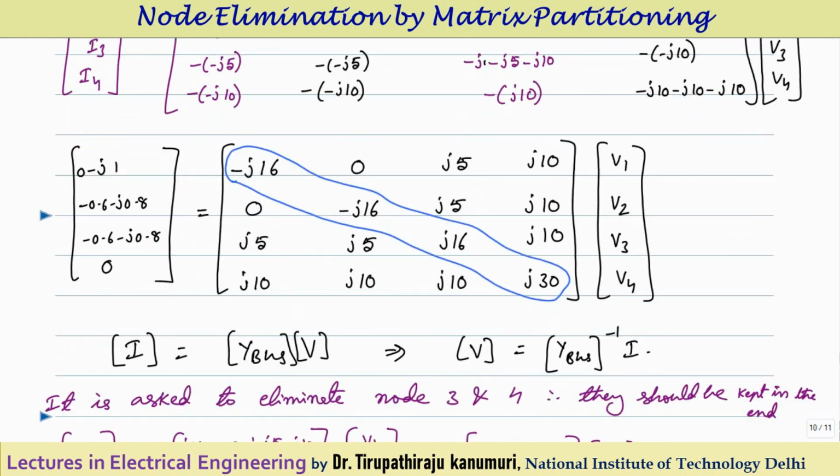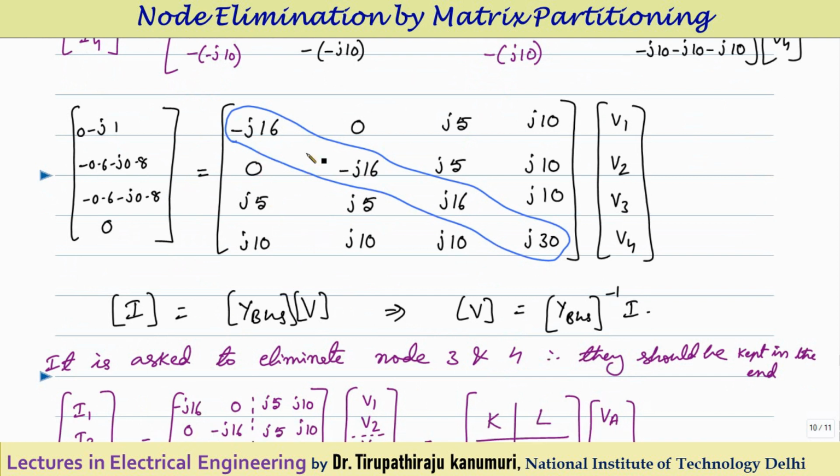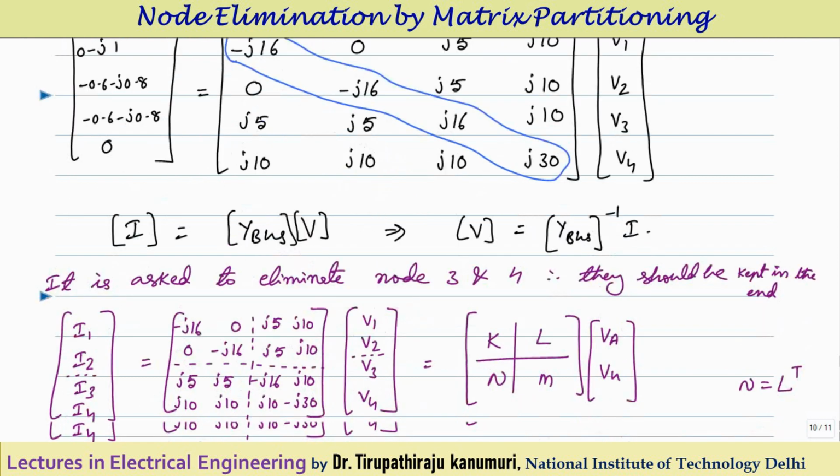If you simplify this, you will get it like this. These are my diagonal elements or self admittances, and these are the mutual admittances. You can see that whatever is coming here, the same thing will replicate here with the transpose. Actually, in practice we have to calculate only these many elements, because when the data size is very big, we cannot write all the things. So only formulate this part, take the transpose and keep it here. You can see here 0, J5, J10 came here, then J5, J10, and J10 came here. So just by taking the transpose, we can get these things easily.